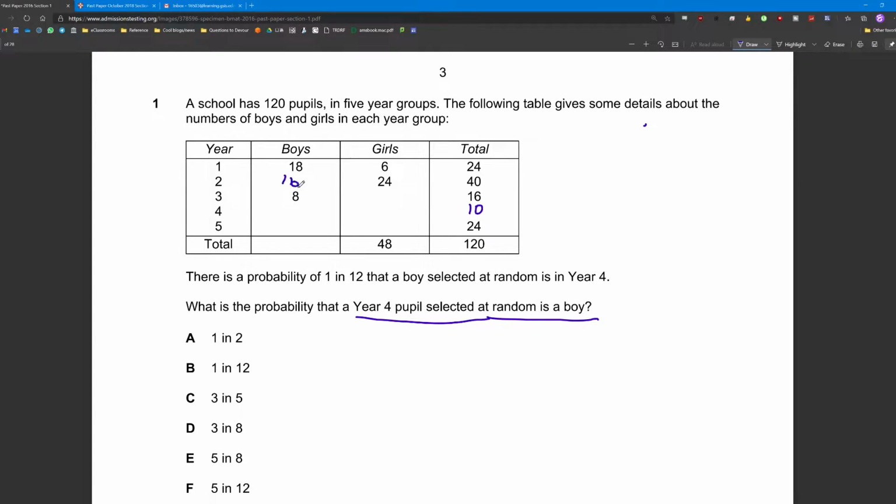There are 16 boys. 8 plus 8 is 16. 6, 24, 8. 32, 16. These two must add up to 10. And if this is 72, that means these two must add up to, well, 18 plus 16 is 34. 34 plus 8 is 42. That means these two must add up to 30. And what I'm going to try and do is find the numbers of year 4 pupils that are boys or girls, right? So,